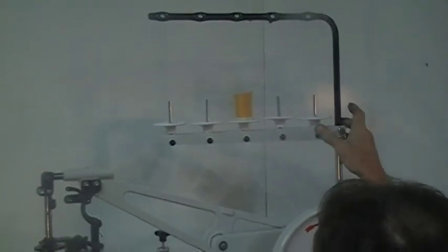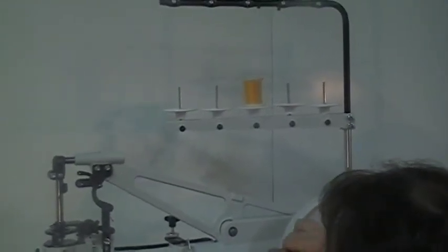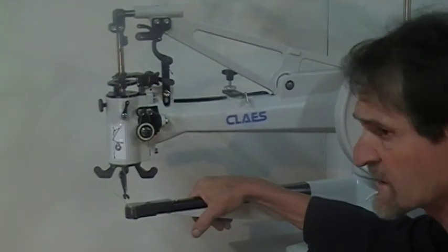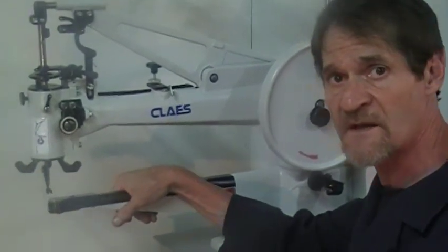thread holding stand. And there's so many other features to the Claes that it's hard to just talk about all day if you want to. It's easy to thread, and it's just a nice machine altogether. And I think every shoe repair, every orthotic and prosthetic shop, and every luggage repair